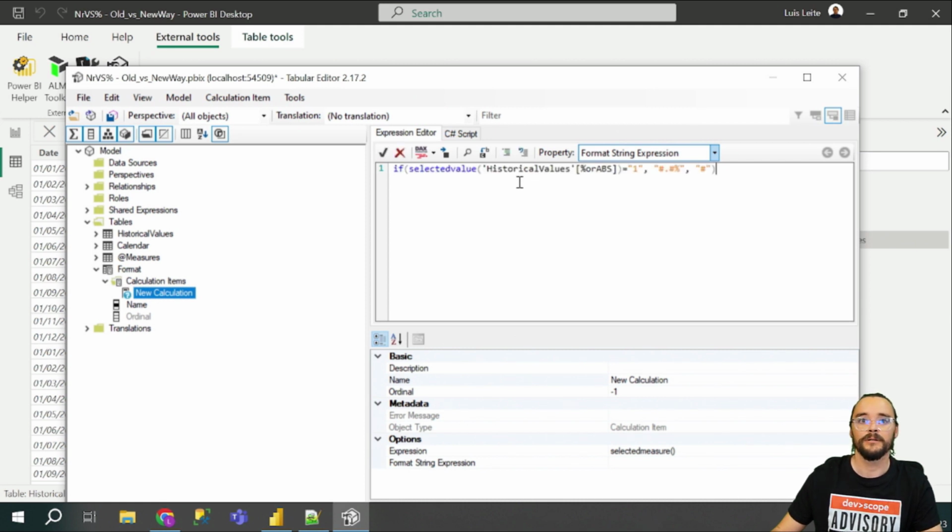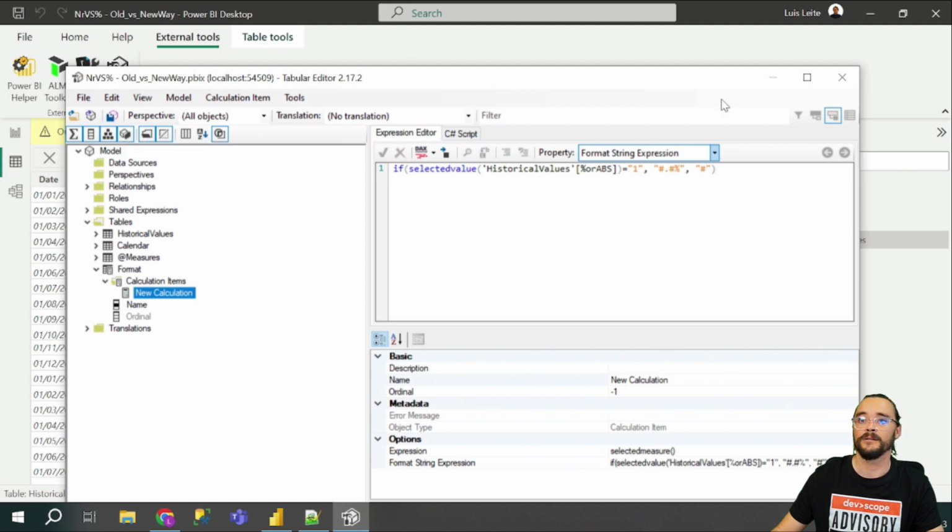So if the selected value of this column that we have just created has a 1, the format will be a decimal number and a percentage symbol. And if it doesn't have this number 1 on the column, it will be just the whole number. So super easy, you just have to put the DAX formula here, give it OK, don't forget to save,